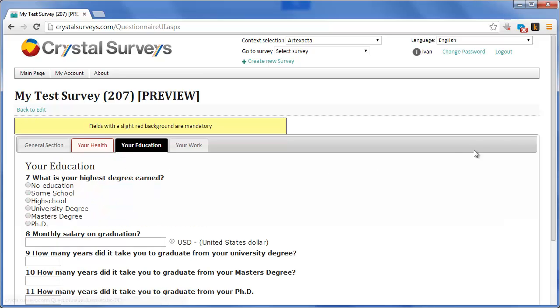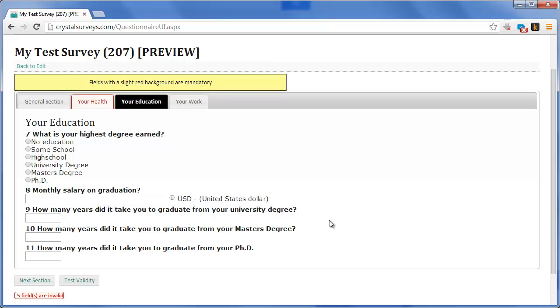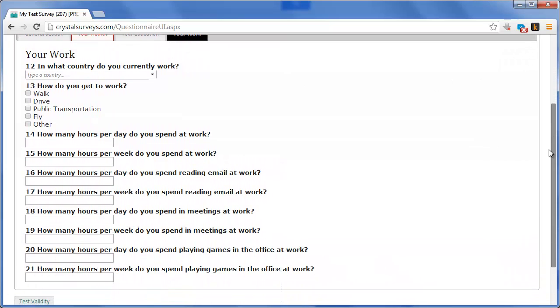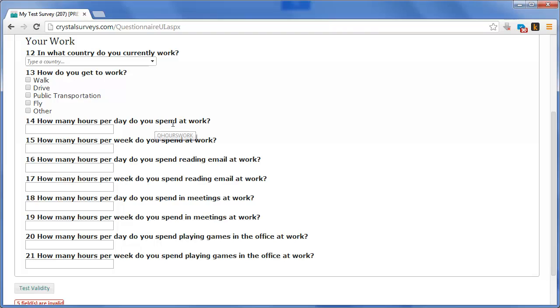In my education section, I have questions that are asking me how many years it took me to graduate from a university degree, from a master's degree, or a PhD. These are also numbers, and I can enter into any one of these fields any number, like for example 300,000. And this is clearly not a correct answer. In the Your Work section, I have a question that says how many hours per day do you spend at work? And I could enter 80, and this is clearly not a reasonable answer because there are only